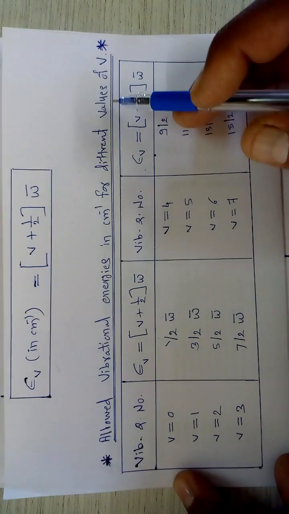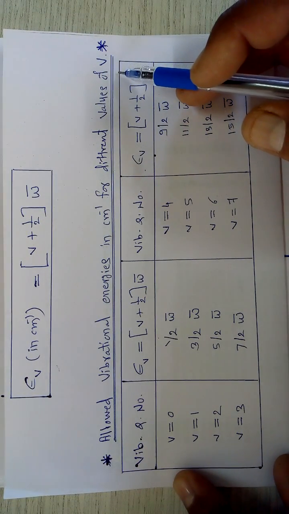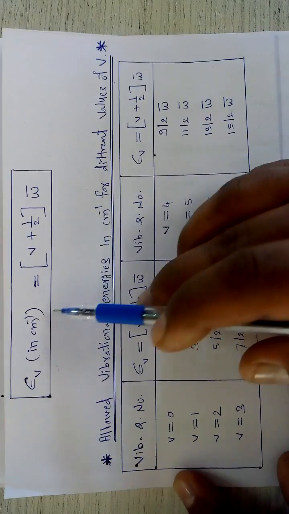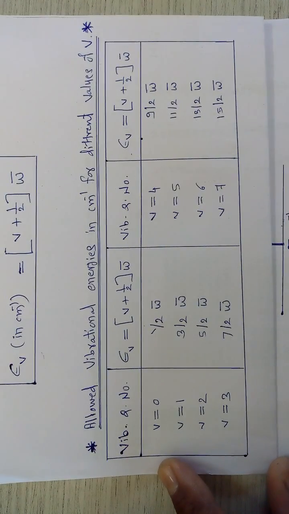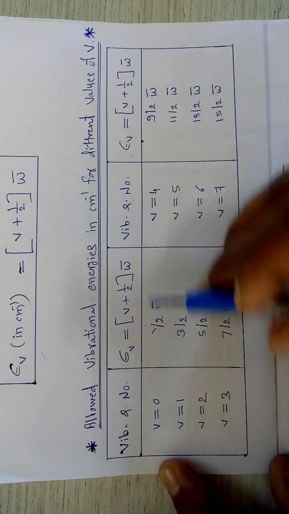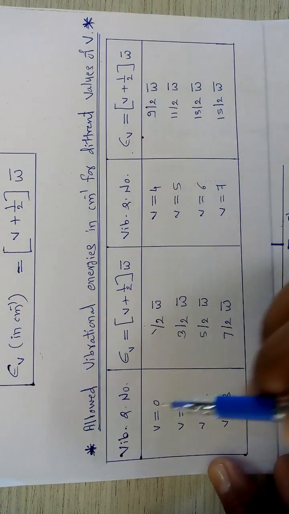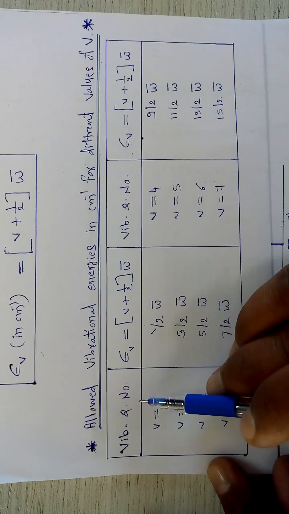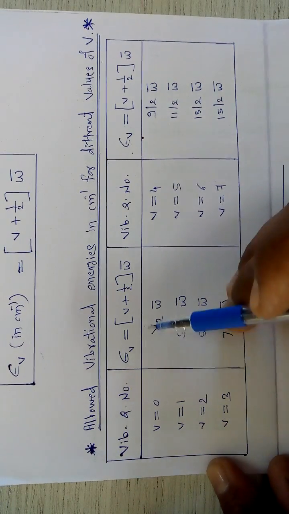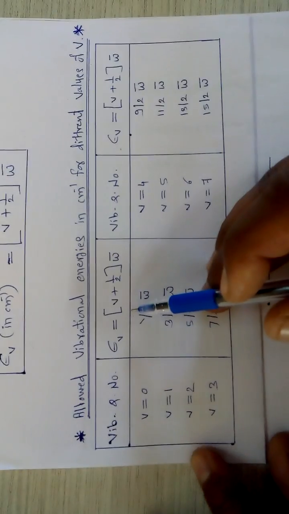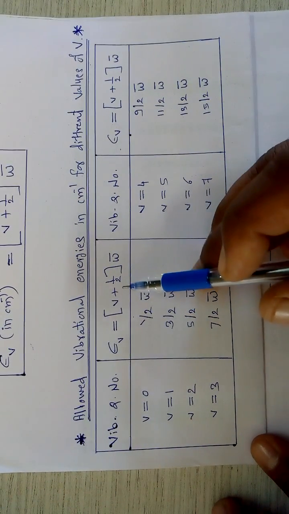in per centimeter for different values of vibrational quantum number. For this purpose, we have to take the help of this equation. Now we are interested to calculate these energies, and for this purpose, we have to consider this tabular data. In the first column, the vibrational quantum number is there, with all possible values. In the second column, we have to calculate its allowed vibrational energy in per centimeter with the help of this